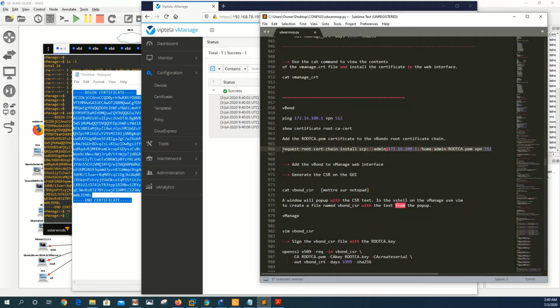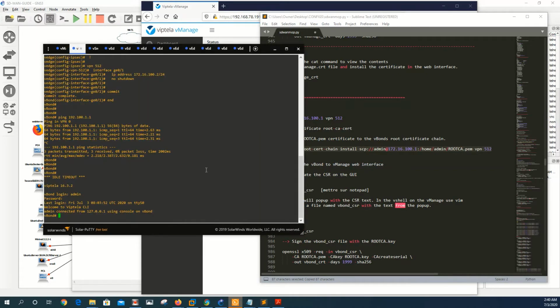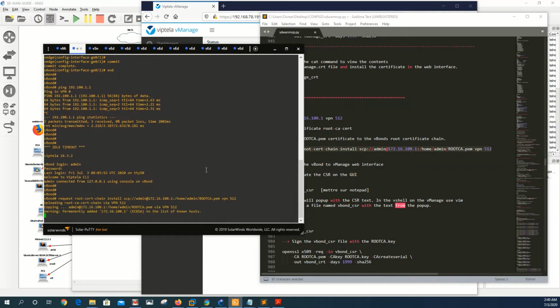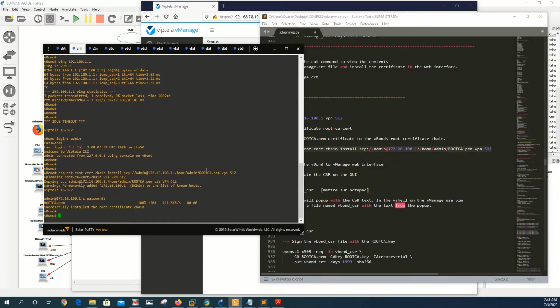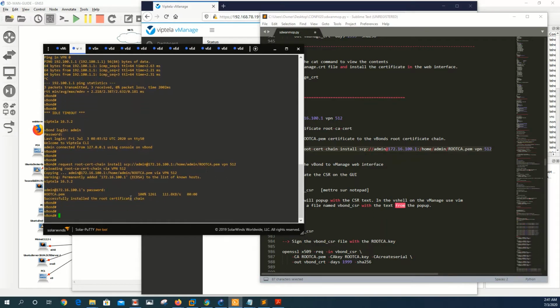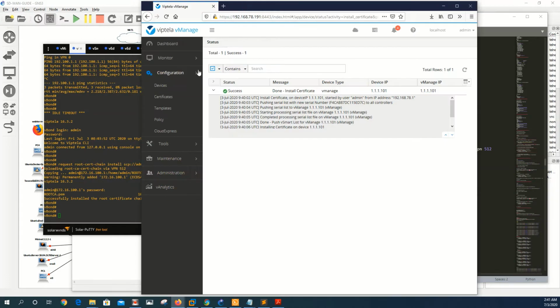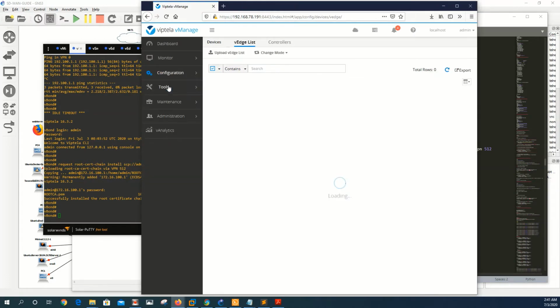What we're doing is we're just going to copy the root CA PEM from vManage and install it on vBond. Successfully installed the root certificate chain, and then we can go on vManage,